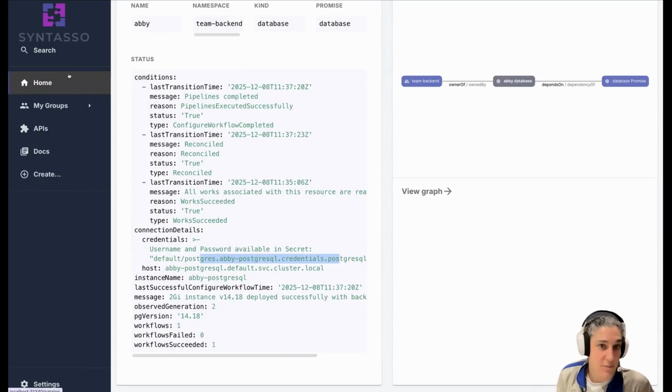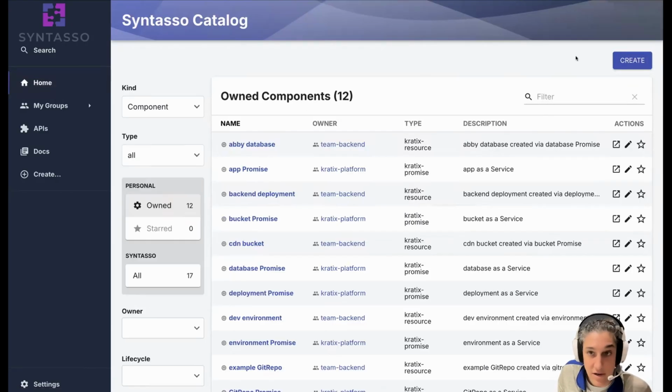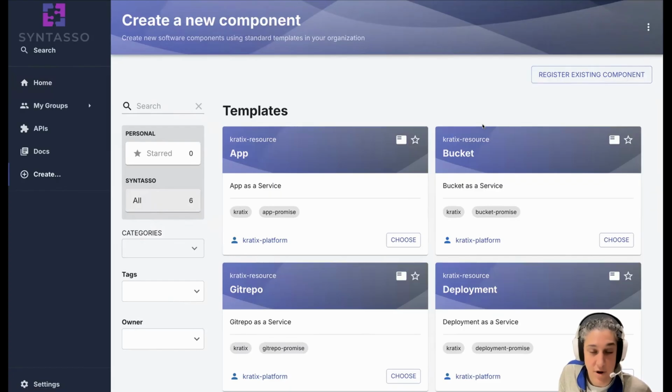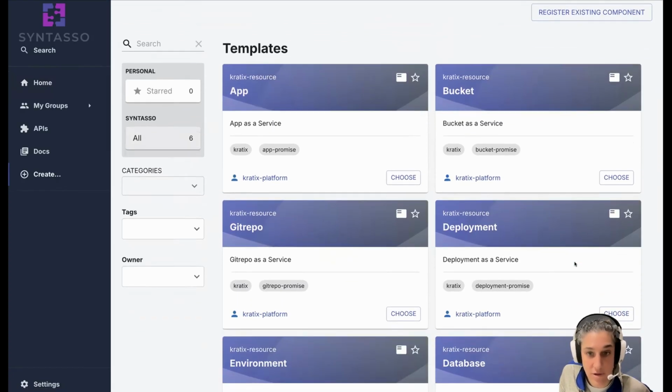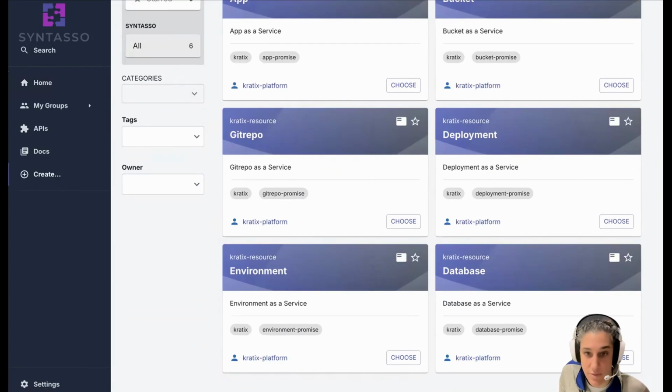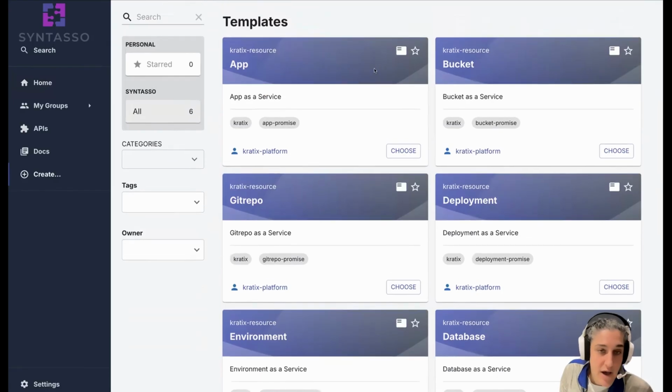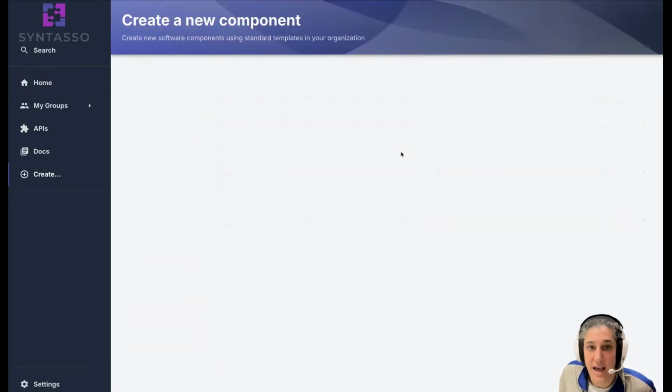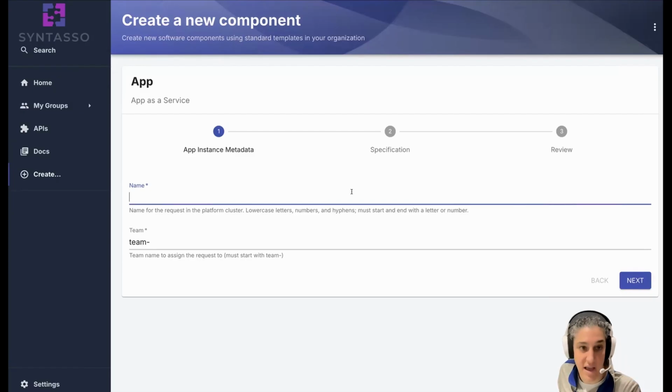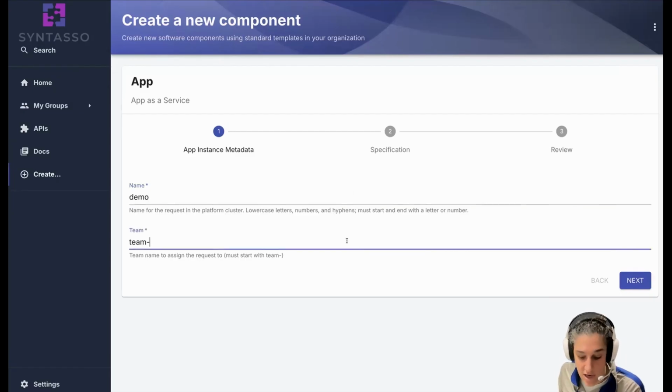And so with any good platform, you should be able to compose up a higher level abstraction that allows the platform to take on that heavy lifting of configuration across components. And the same can be done in Syntasso Kratix Enterprise. So here we've got our low level concepts of like buckets and deployments and databases. But we also have a higher level concept of an application, which creates one of each of these types of resources. So if I choose to create an application, this time let's call it a demo application, and once again,